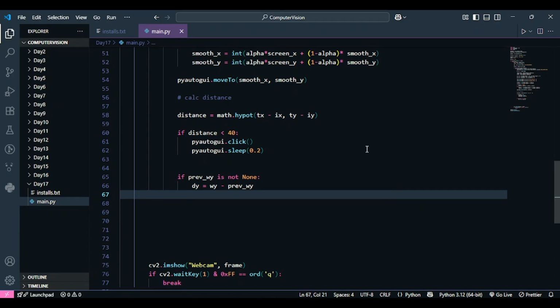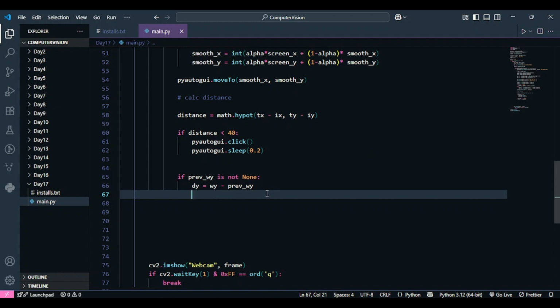Now, this next step that I'm about to do is completely optional, but you guys can add it if you want to. Since we are humans, it's possible that I'm trying to keep my hand still, but it's not completely still. It's moving a little bit up or down. So in that case, what will happen? My program will assume that I'm trying to scroll up or down, because there will be some sort of difference between my y values. That will create a lot of chaos actually.